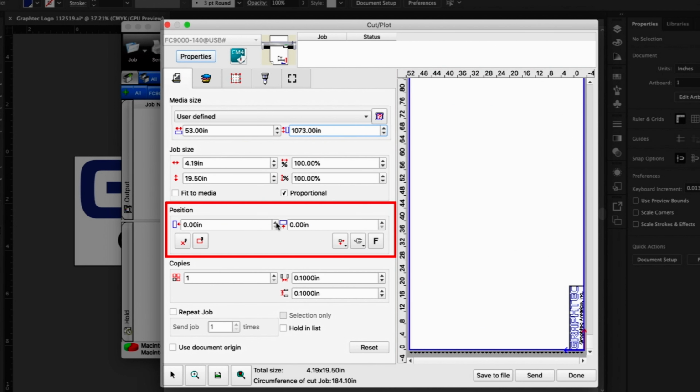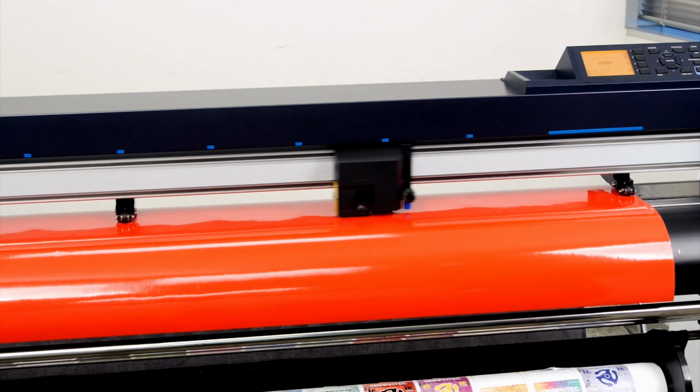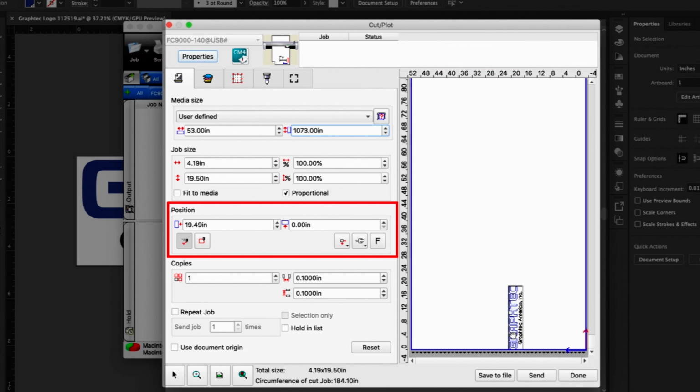Just below that are values that can adjust the position of the job design relative to the media size. The position can be adjusted by both value or visually by dragging the job design. If this button, Interactive, is engaged, as the job design is repositioned, the tool head on the cutter will also move to that position.